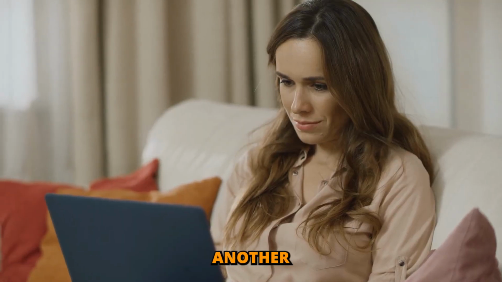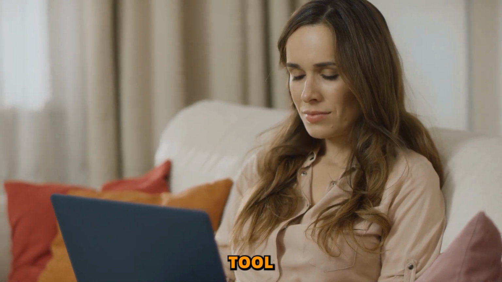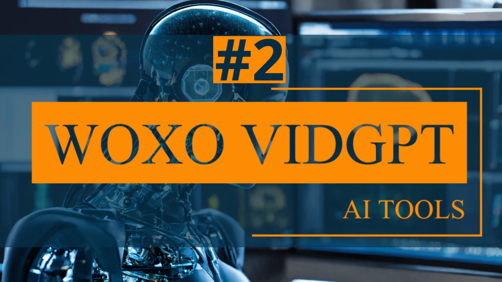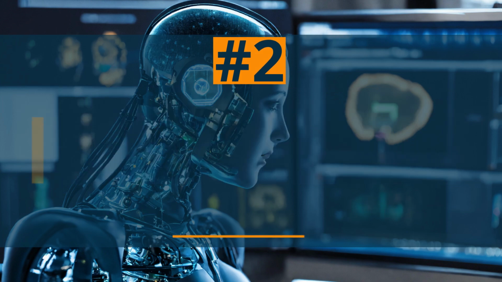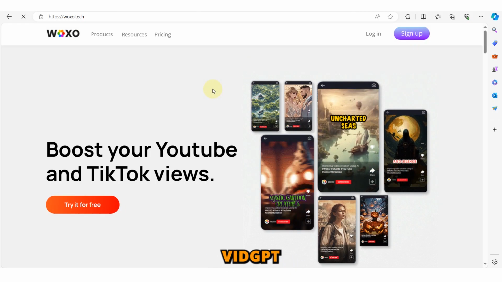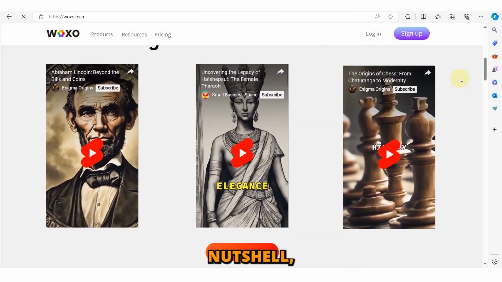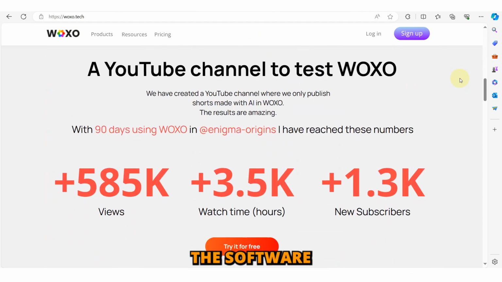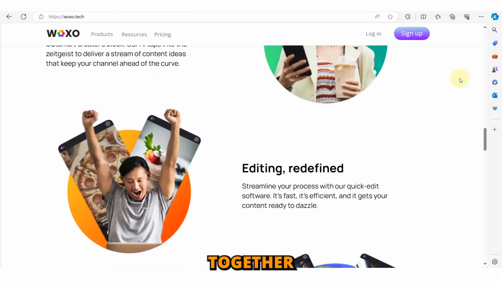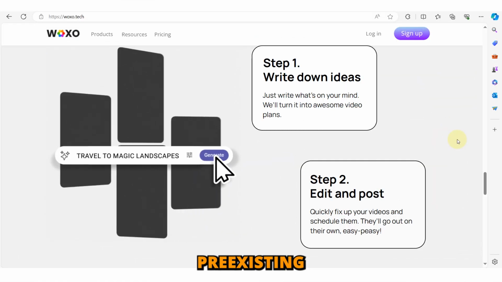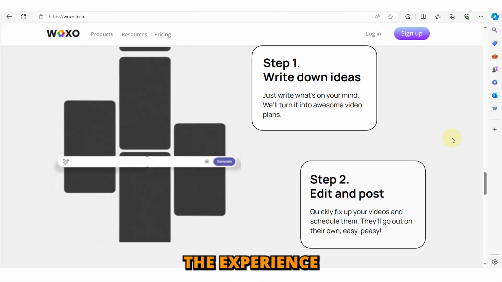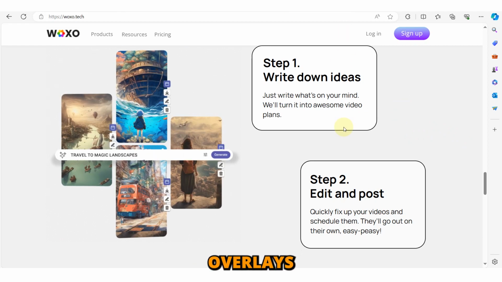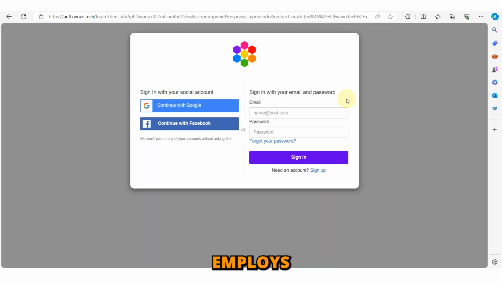Now let's dive into another cutting-edge AI tool that is set to redefine content creation. As we know, it is Woxo VidGPT. Here's the lowdown on how VidGPT operates. In a nutshell, you provide key information to the software, and it swiftly whips together a compelling video using pre-existing images. It then elevates the experience with seamless transitions, overlays a transcript on the images, and employs an AI voice